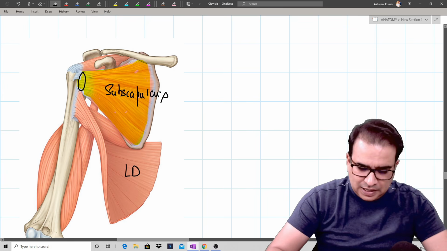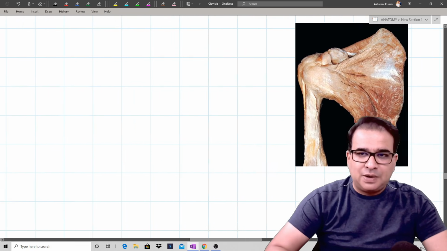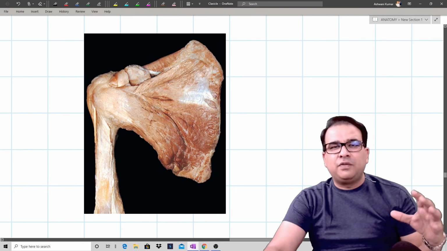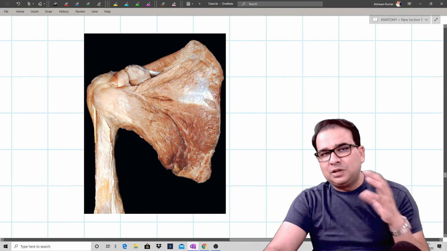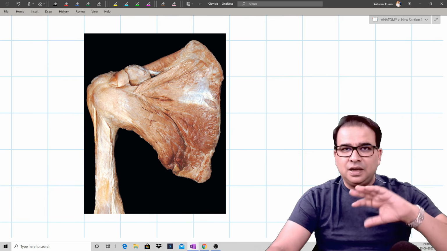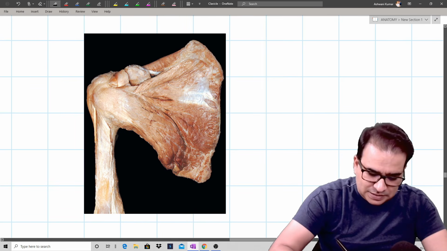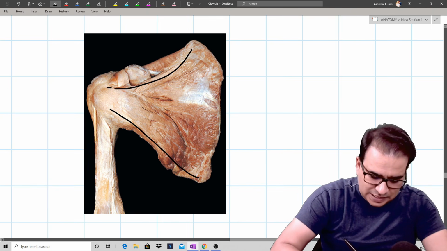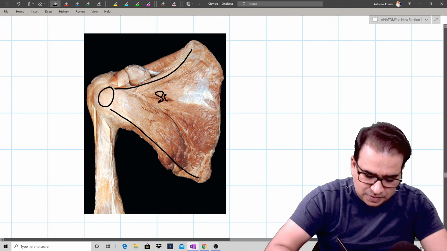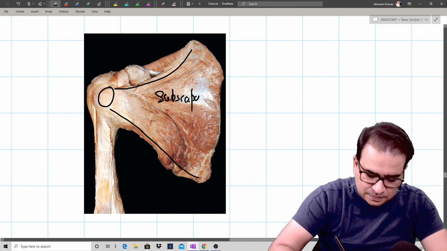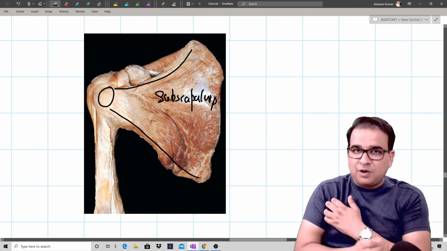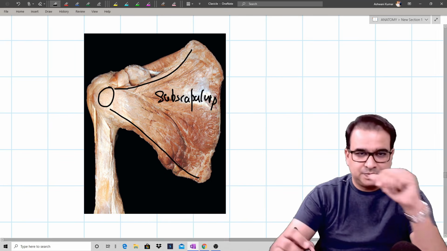This is subscapularis, and let me show you a cadaveric picture of subscapularis. That's how it looked. See, you cannot see any spine of scapula here, so there should not be confusion between whether it's the anterior or the posterior view. This definitely is the anterior view, and from the entire subscapular fossa, look at this big muscle all converging here to this lesser tubercle, the subscapularis. The muscle which helps in the adduction, it helps in the medial rotation also, the subscapularis.